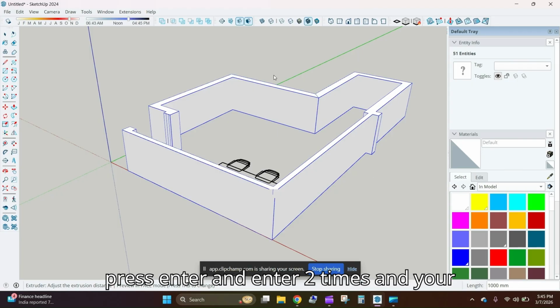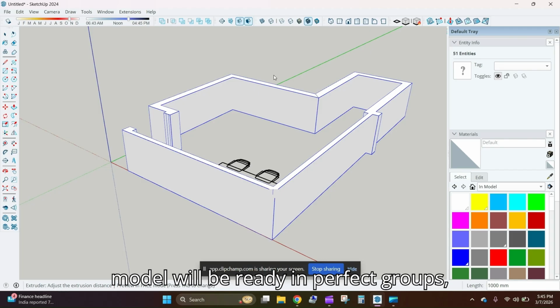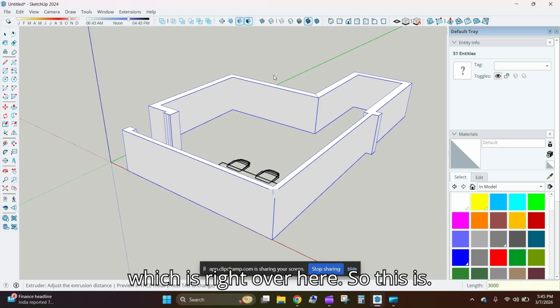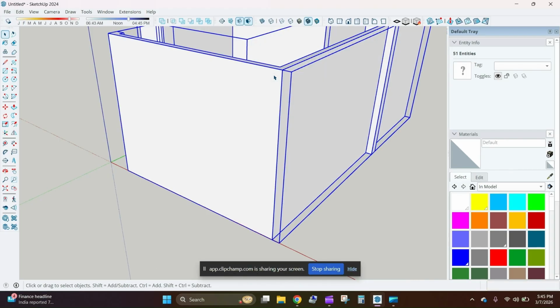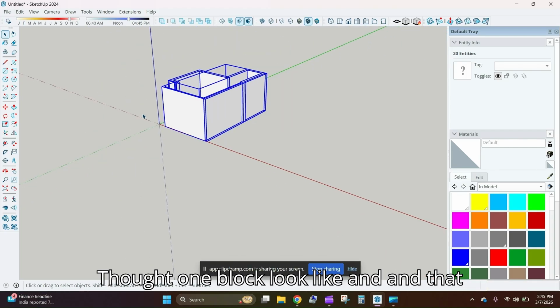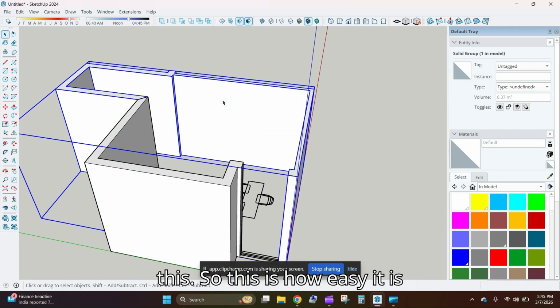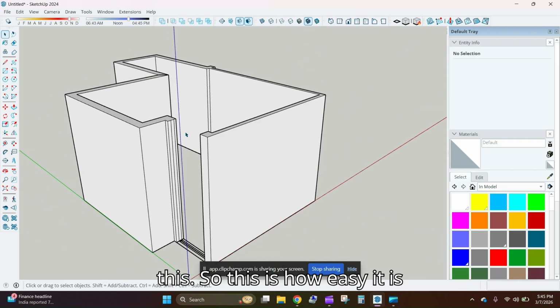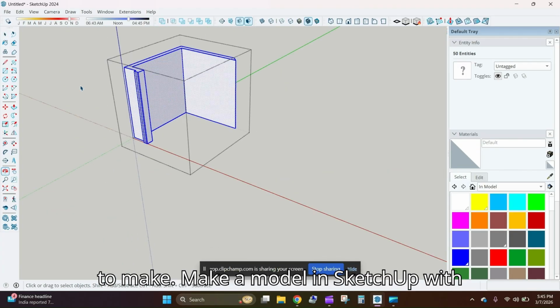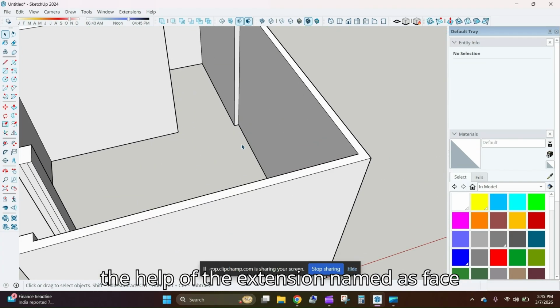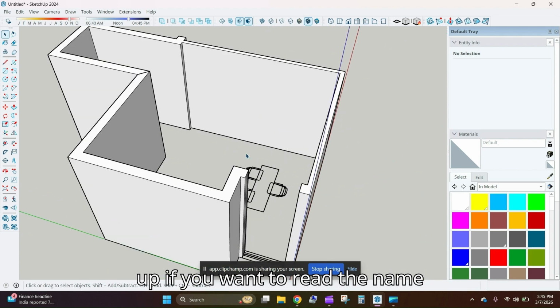And after that you have to do this. Let's say a general size is always 3000. You just have to press enter two times, and your model will be ready in perfect groups, which is right over here. So this is what one block looks like, and that just took me like 60 seconds